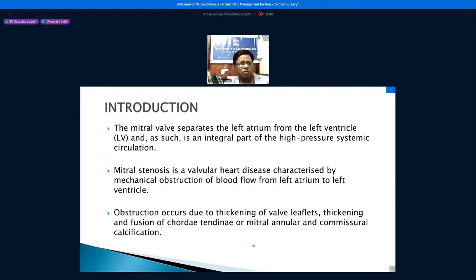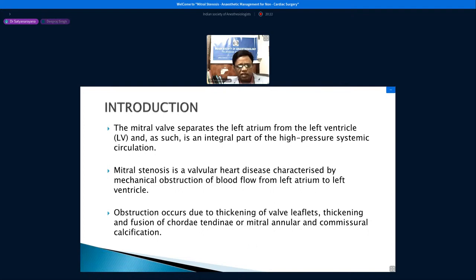We all know the mitral valve separates the left atrium from the left ventricle. As such, it's an integral part of the high pressure systemic circulation. Mitral stenosis is a valvular heart disease characterized by mechanical obstruction of blood flow from the left atrium to the left ventricle. This obstruction is because of post-rheumatic infection involving the entire mitral valve apparatus, leading to thickening of the valve leaflets, thickening and fusion of chordae tendineae,